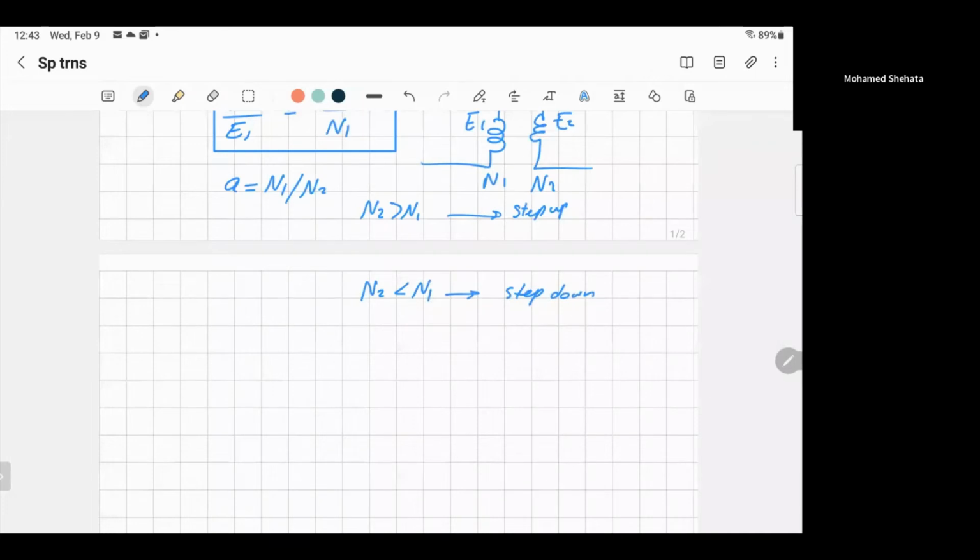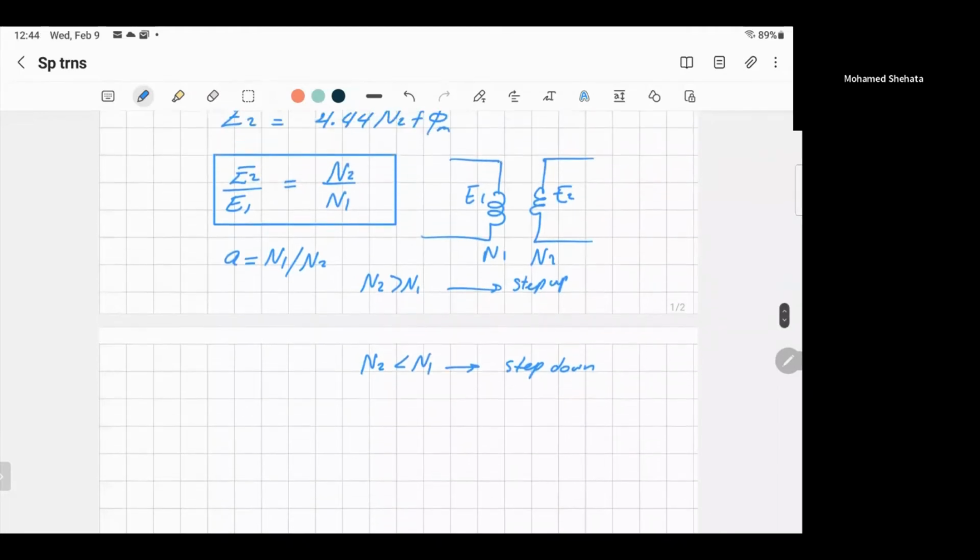How you step up, step down, increase the voltage, decrease the voltage, depends on how you just play with the number of turns. You increase the number of turns on the side where you want to increase the voltage magnitude. What about the current? Because you have in this transformer I1 and you have your I2. Well,